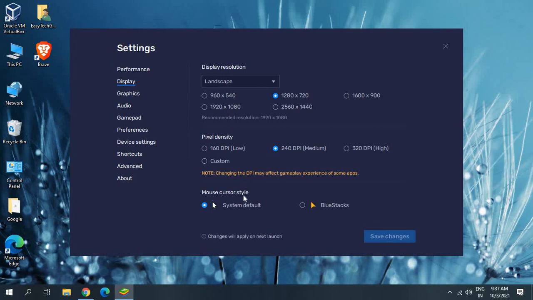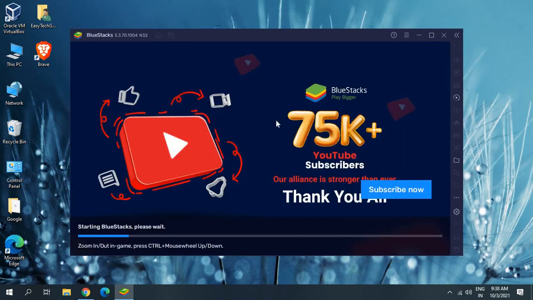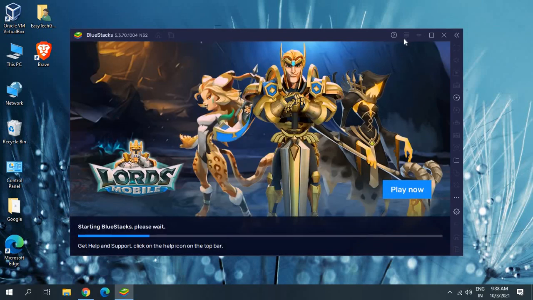All right. And mouse cursor style, let it be like that. You just have to click on Save Changes and restart the Bluestacks, not the computer. So let me just make a change so that it asks. So once we click on Save Changes, it restarts now. So it is opened again, and we will go back to the menu again at the very top, then Settings,